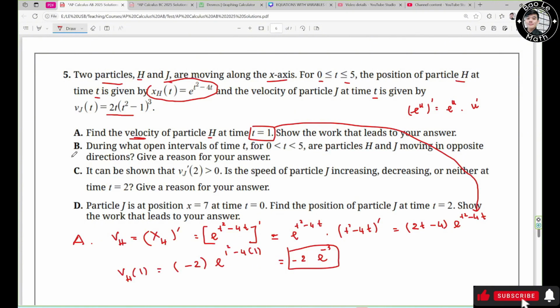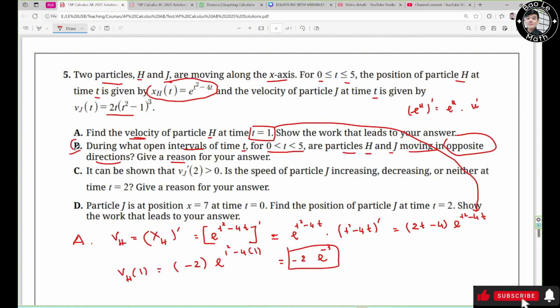Now let's move on to question B. During what open intervals of time t for t from 0 to 5 are particles h and j moving in opposite direction? Give a reason for your answer. Alright,